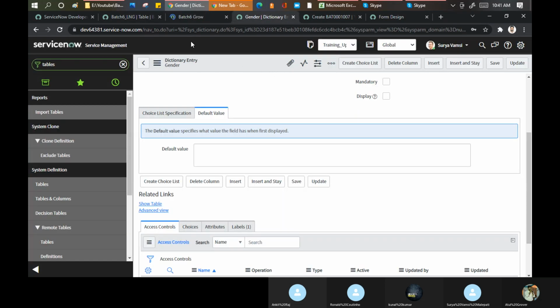And when you are adding any field in a table, you are working in the dictionary. There's a concept called dictionary override. This is also in our agenda. It means I am overriding some existing value. I will discuss it later on.